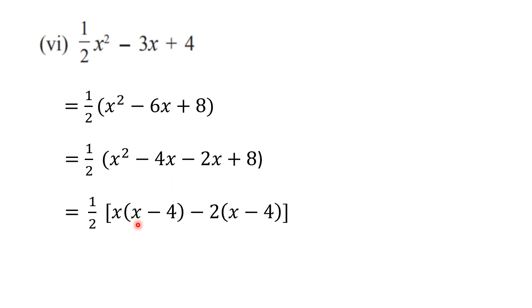So inside the bracket x minus 4 is left out. And from here we have taken minus 2 as common. So again we got x minus 4 here. So x minus 4 and x minus 4 again it is common, and in another bracket we will get x minus 2. So the factors here are 1 upon 2, x minus 4 and x minus 2. This half will remain as it is outside everywhere and you will get these as factors. That means that here half is also a factor of this particular polynomial. Okay. So with this we have completed question number 1.